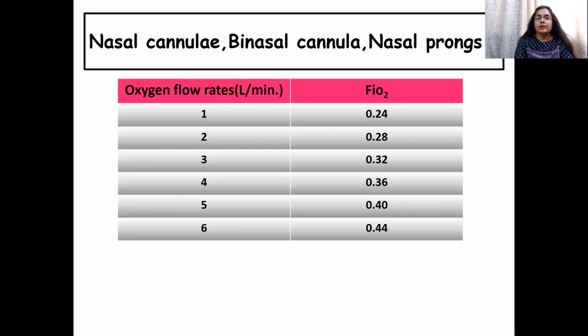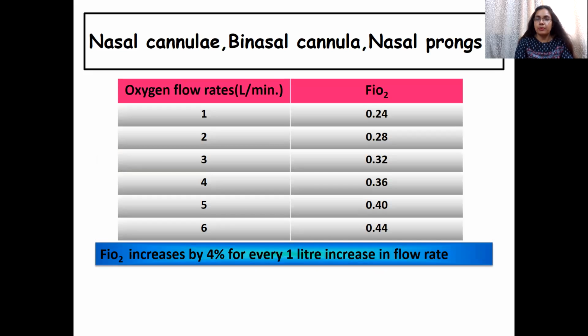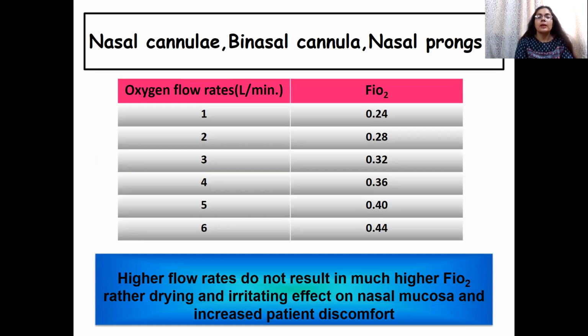So with this, you can give flow rates between 1 to 6 liters per minute, and the FiO2 delivered at 1 is 0.24. And as you increase the flow rate by 1 liter per minute, the FiO2 increases by 4%. Also, higher flows will not result in much increase in the FiO2 delivered. Therefore, you should not be giving higher flows, and it also causes dryness because there is no humidification system that you can